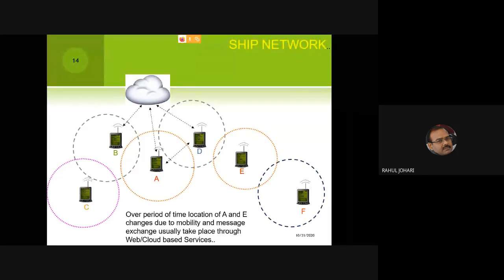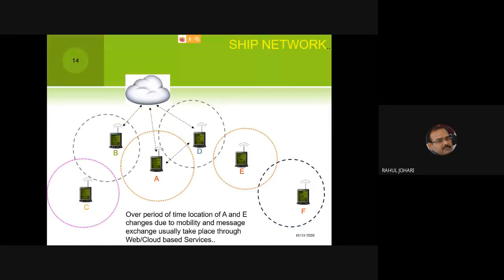So in a ship network, we also add the cloud-based feature. Now the nodes can talk to each other in one hop. Nodes can talk to each other with the help of intermediate nodes, as we have seen in the previous slide. And nodes can also take the help of cloud-based connectivity. We've got different flavors of cloud: software as a service, platform as a service, and infrastructure as a service. I won't go into the technical aspects of it right now. We'll have another lecture probably on Monday. We'll talk about mobile computing, and we'll briefly discuss those computing paradigms there. So we take the help of these cloud-based web services, and these help us in the transmission of the messages remotely. So nodes can be far apart.